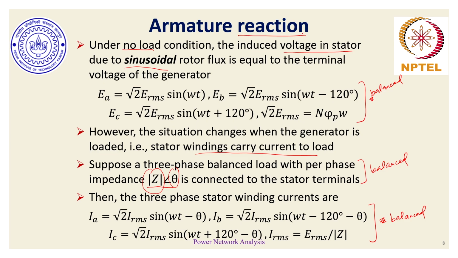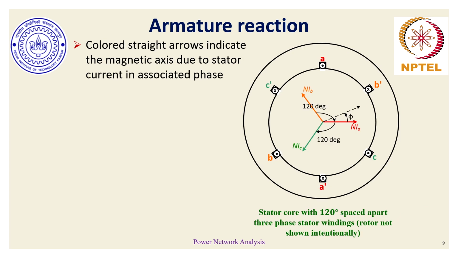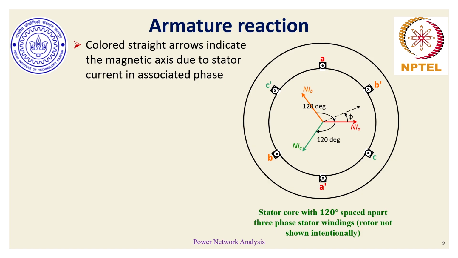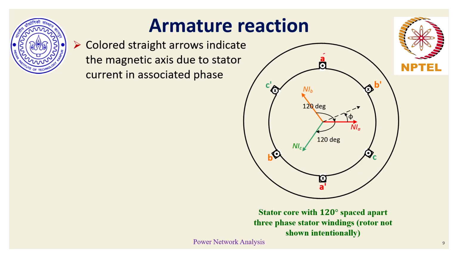Let's talk about that. Suppose we focus only on the stator windings or armature windings in the synchronous generator, which are carrying these respective currents IA, IB and IC, because there is some electrical load connected to the synchronous generator. And the way these windings are connected, the A end of coil A is carrying current out of the plane, whereas A dash is the corresponding return conductor. If we apply the same logic which we applied for the rotor core carrying DC current, let's try to understand that at some particular time instant,